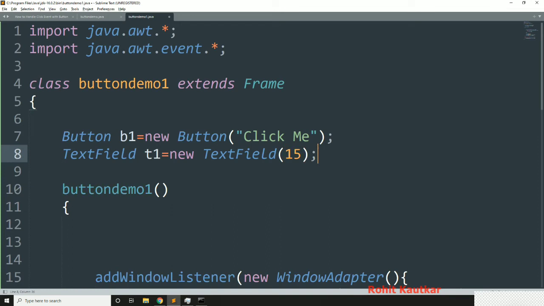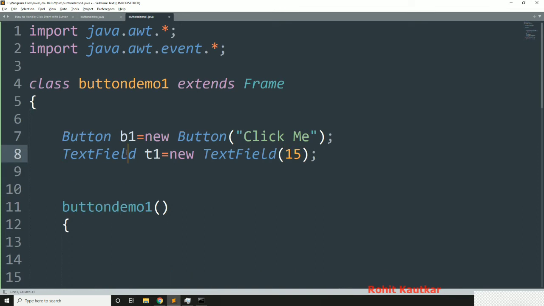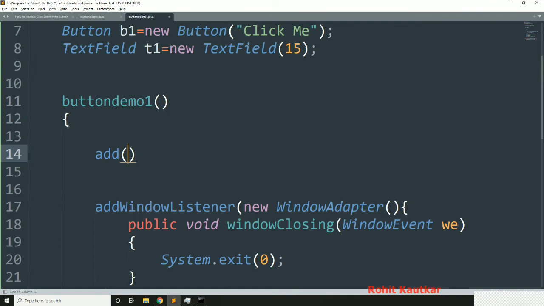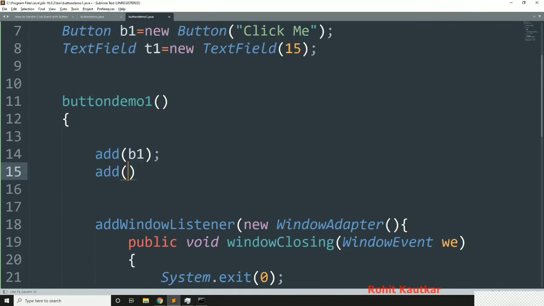Its length will be 15. Instead of a text field you may use a label as well. I have used a text field over here to display my message. Now I will add both these components, so first of all b1, then t1. Both of these will appear at the center of the frame because we are using FlowLayout.